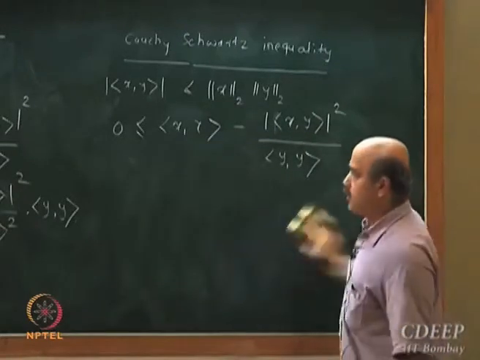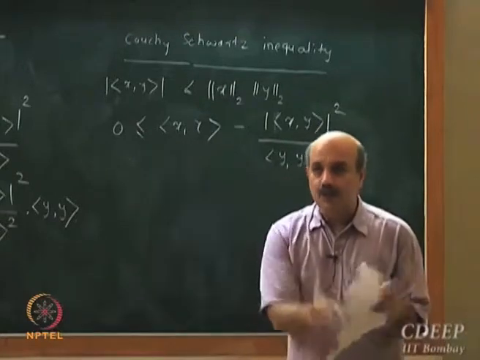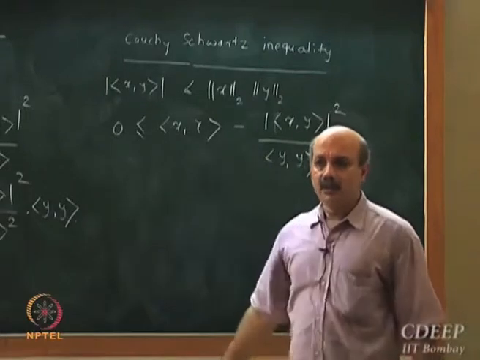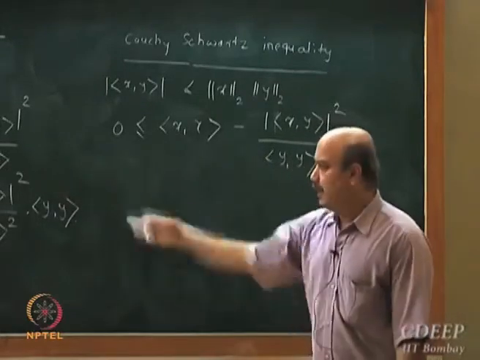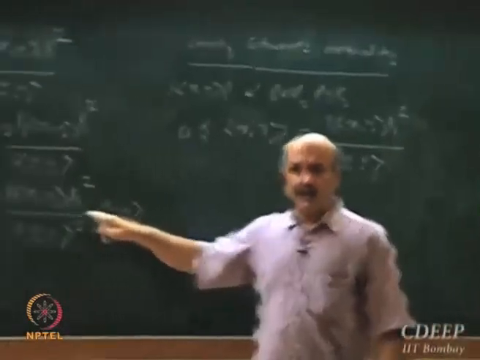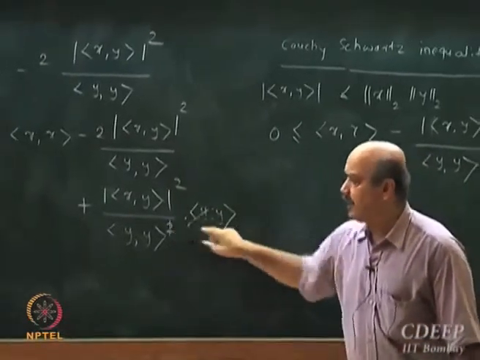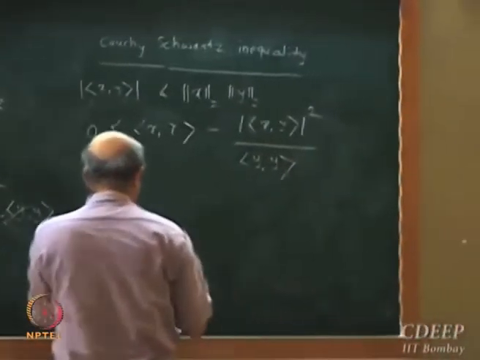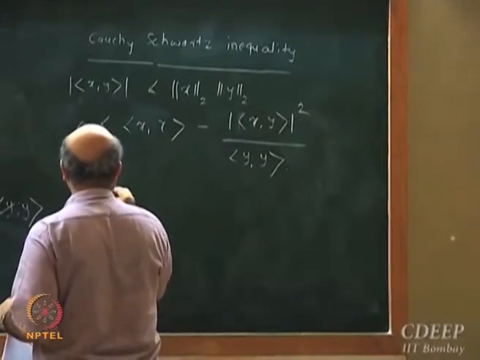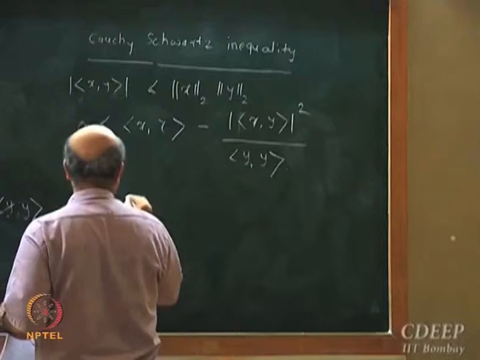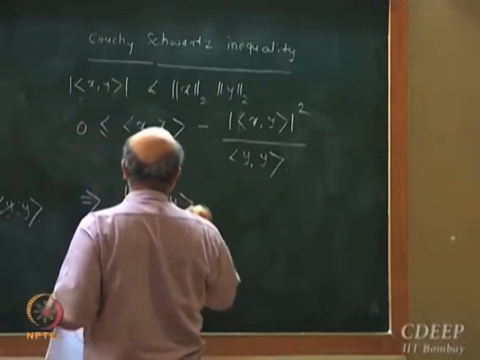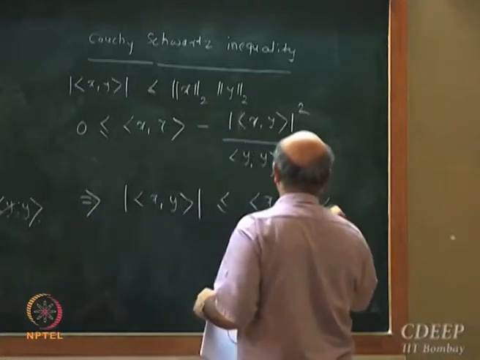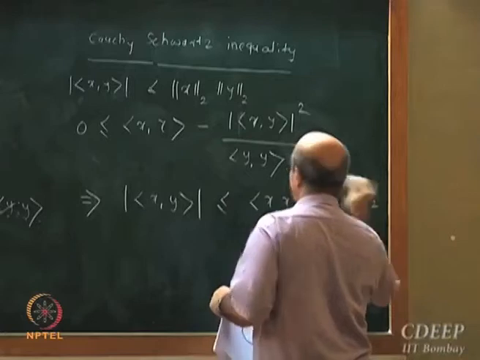There is nothing specific. If you have not followed right now, just go through the notes meticulously. You will see the steps, just substitutions. Okay, I have just eliminated by, see, this is a scalar, so this square will cancel with this square, and then you can do the jugglery. It's not so difficult. Okay, so what does this imply? This implies that mod of x y is less than or equal to x raised to half y raised to half.